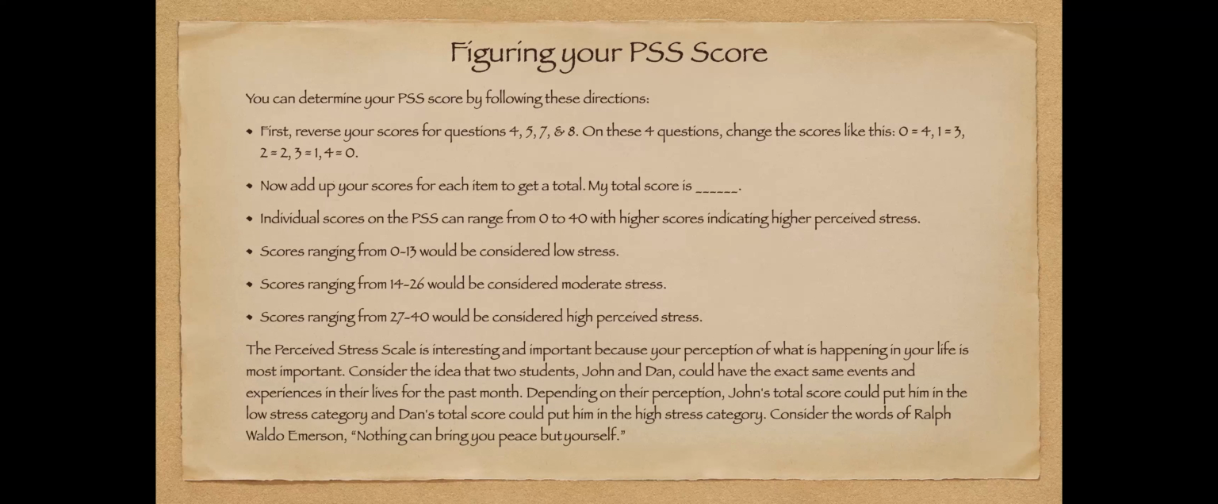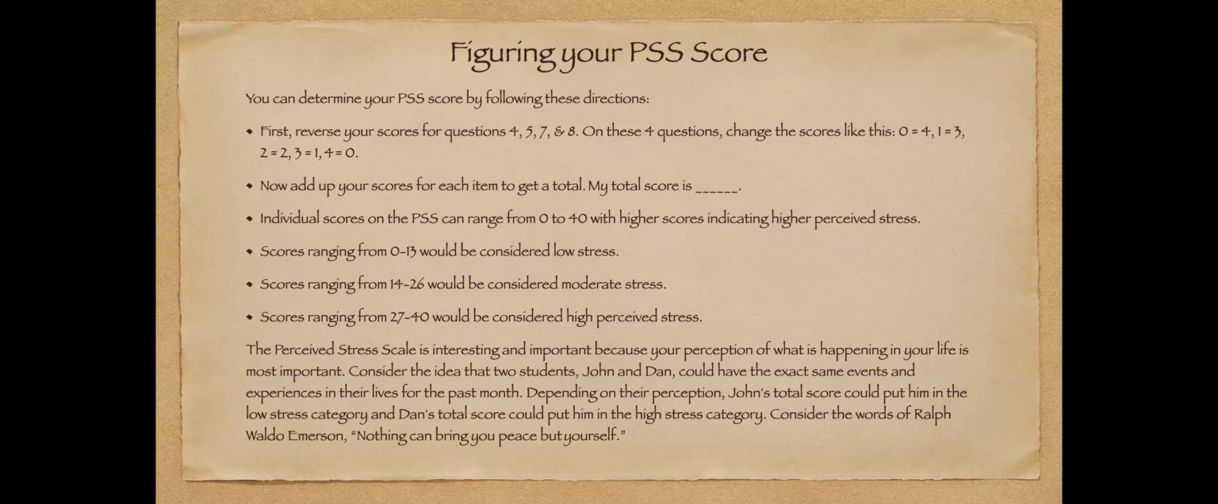All right. If you have worked out the total, the individual scores on this scale can range from 0 to 40, with the higher scores indicating higher perceived stress. So scores ranging from 0 to 13 will be considered low-level stress. Scores ranging from 14 to 26 would be considered moderate stress. Scores ranging from 27 to 40 would be considered